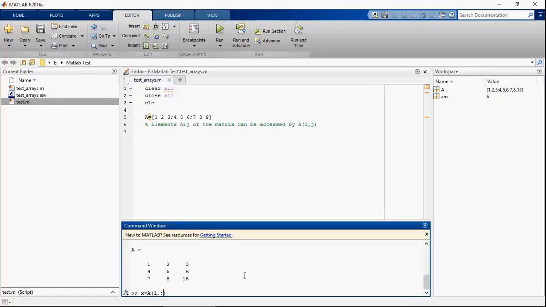Now x equals A within bracket 1 comma colon. This will show the first row vector of the matrix. Now if you do the transpose, this will be the column vector.